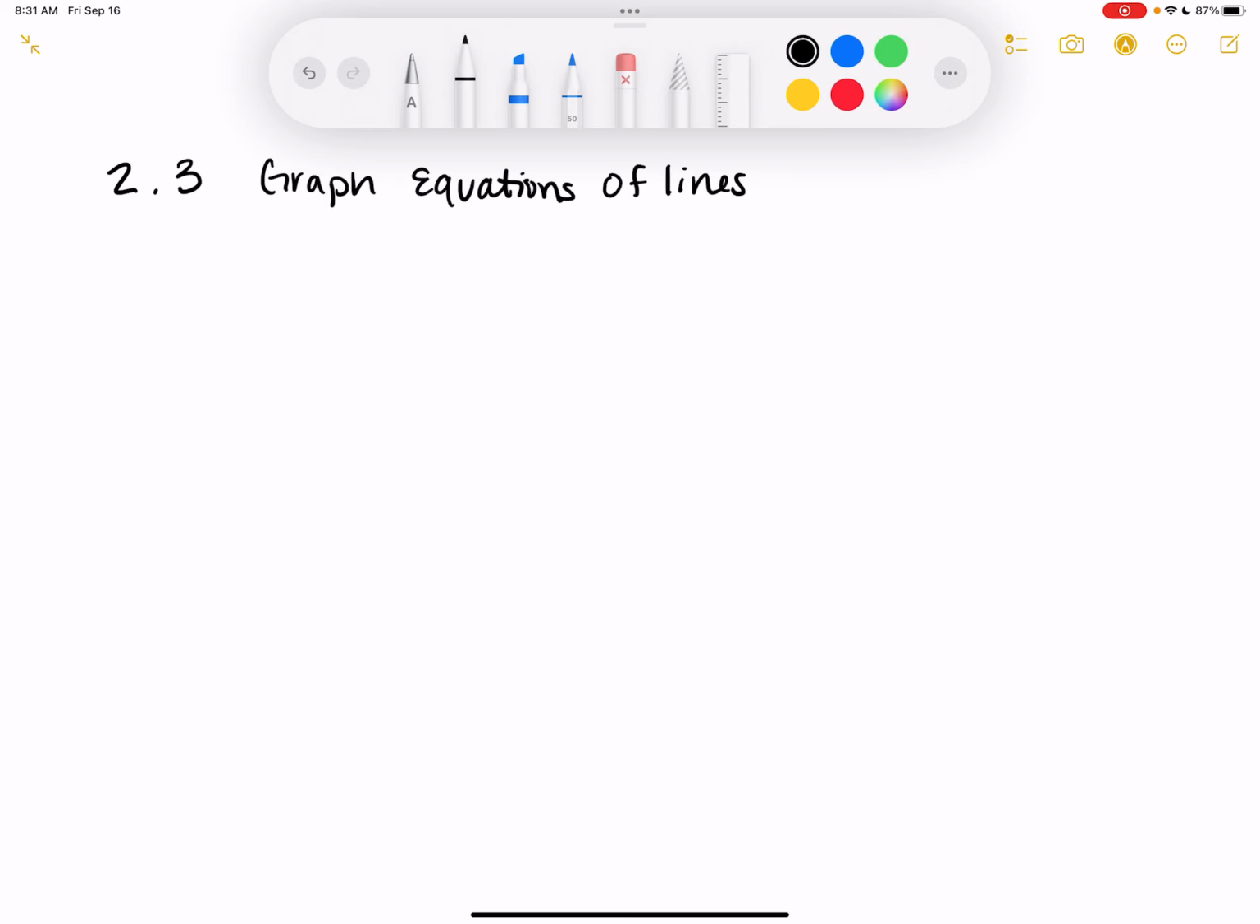I didn't do my 2.3 notes and I got so scared. I was like, turning the page. I'm like,